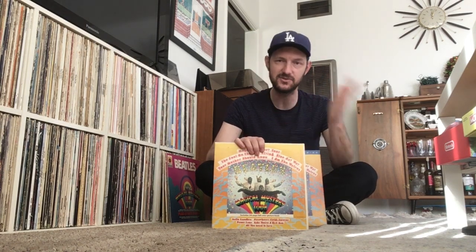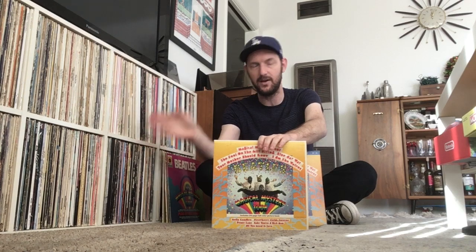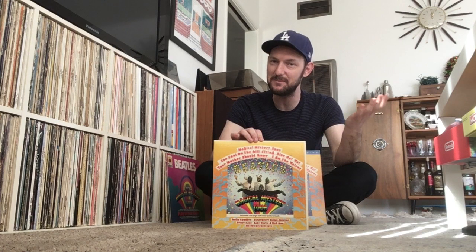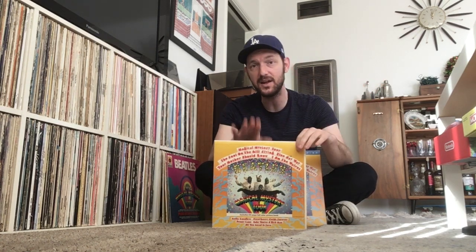Yes, fake stereo. Now, for those of you who don't know what fake stereo is, I'll give you a very, very quick description. They would take a mono recording and take all the highs and put them into one channel, all the lows into another channel, thus creating fake stereo. But it's still just a mono recording, made to sound terrible. And when it comes to the Beatles, I have yet to hear a fake stereo mix of a Beatles song that I like even remotely. So it's bad news. But that's what Capitol Records in the US decided to do with the stereo version of